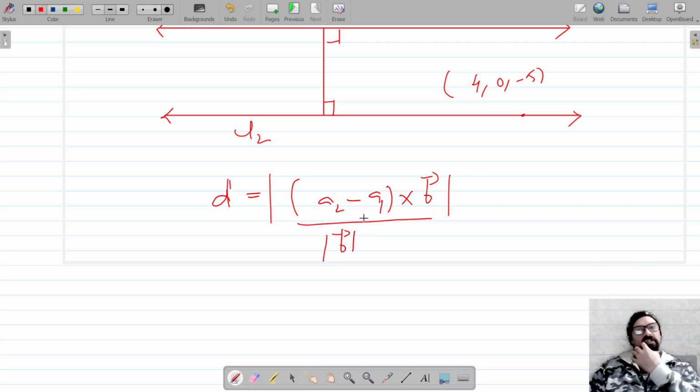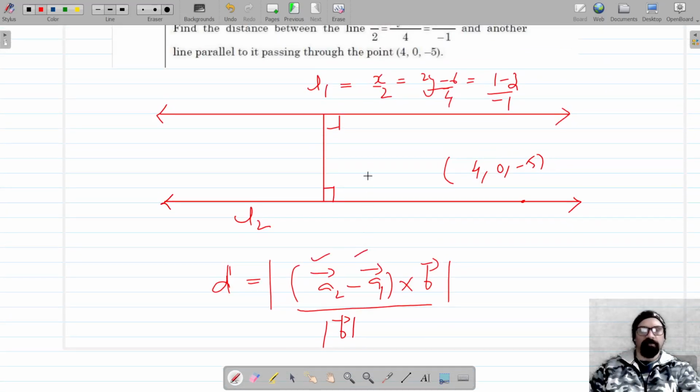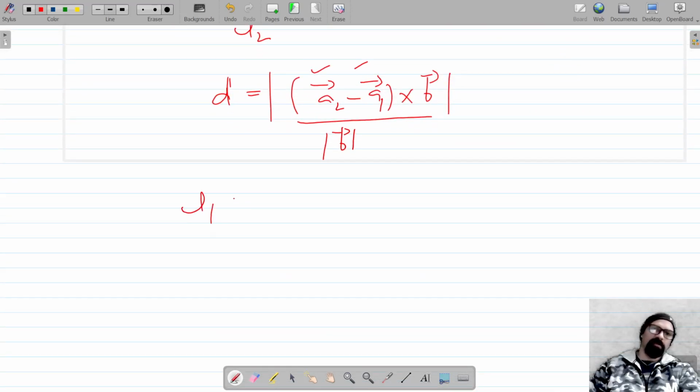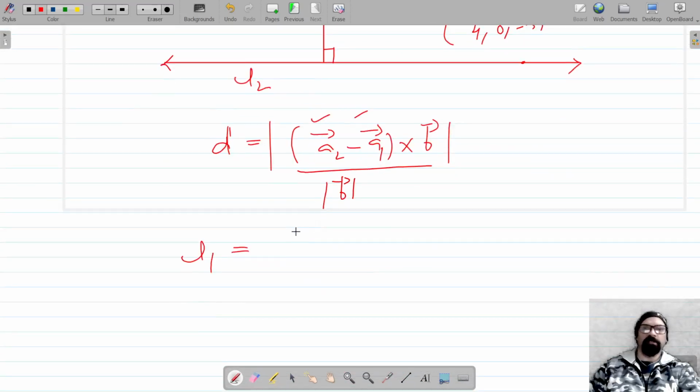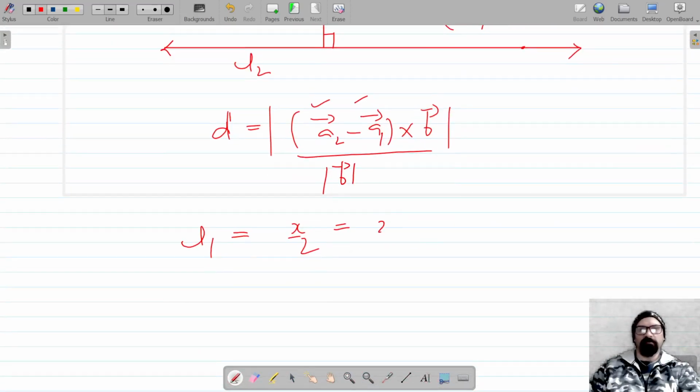And for this, we have to get the lines in the vector form, or we can just get the position vectors. So our first line is L1. Let's try to write it down in the standard form. Equation of the line is x by 2 equal to 2y minus 6. Let me take 2 common. This is y minus 3 by